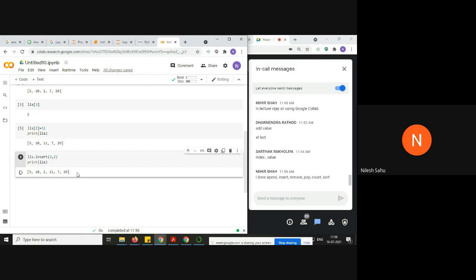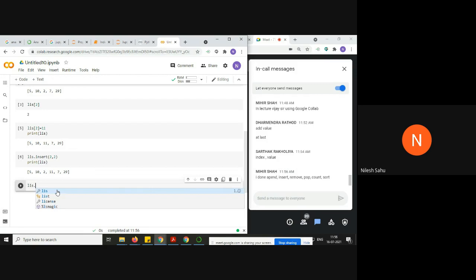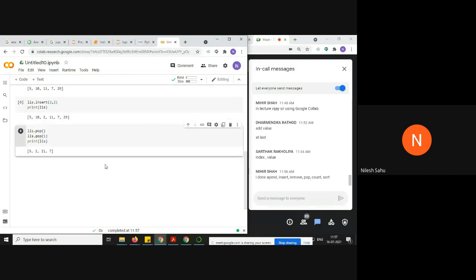Okay. Now we can also use the pop function, list.pop. The pop is going to remove the last element. When I use list.pop, it is going to remove the last element from the list.